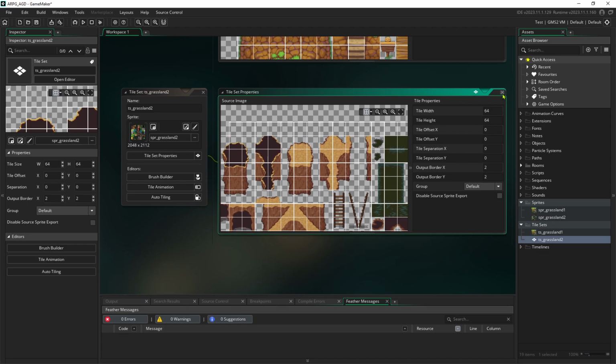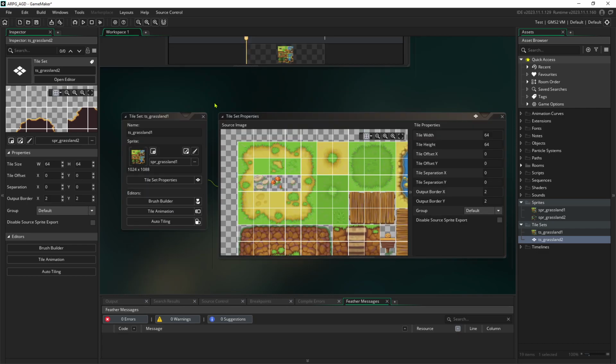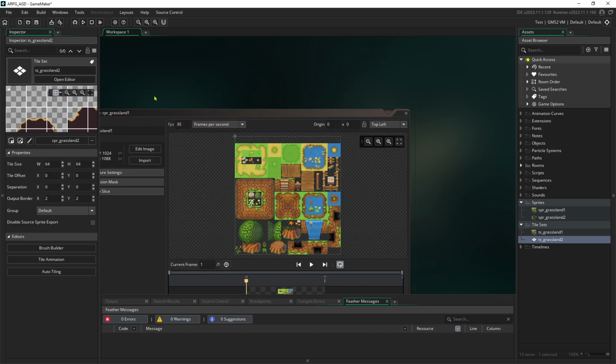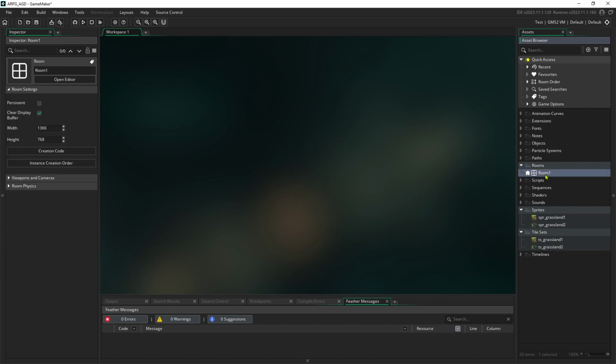So I'm going to X out of this. I don't need to change any more settings on those. And now I'm going to go to the room. And it's currently called room 1. When we figure out what we're doing, we might rename it a little bit. But what we want to do is try to design an overworld map, basically. You don't want to make it too big, but